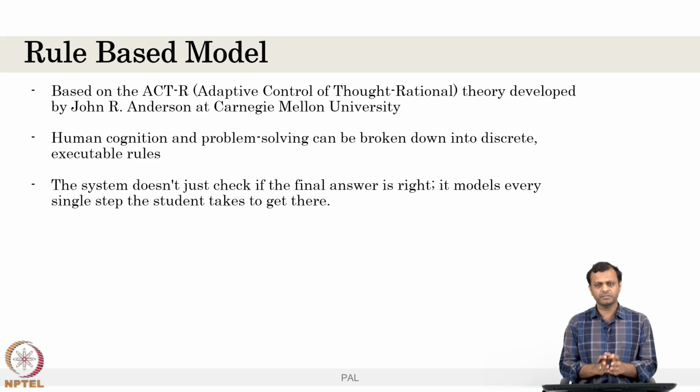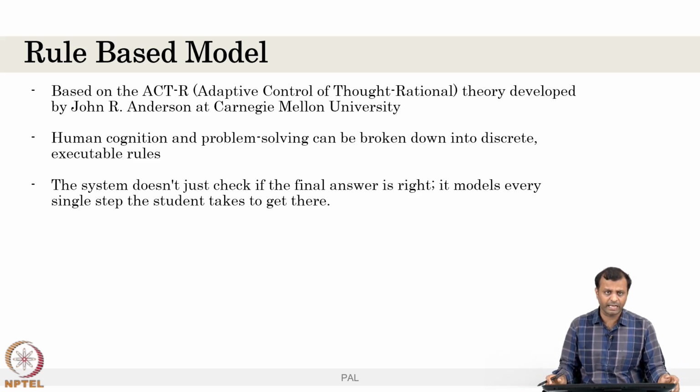The idea is to take any complex problem and break it into subproblems. If the sequence is clearly driven, subproblem 1 has to be done, then subproblem 2 has to be done. If the series is given, you are able to solve the problem. That is the idea of adaptive control of thought, the basic fundamental idea. But if you need more detail, I would request you to check the ACT-R theory in Professor John